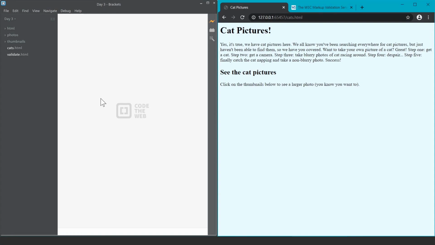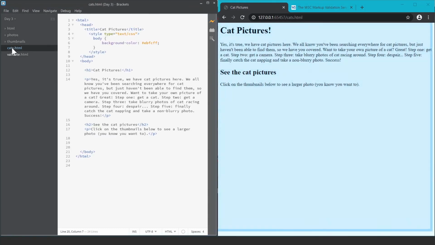Okay, so here we've got the day 3 files open right here. We're going to start out with cats HTML, but I want to go through the files that we've got going here. So if we look at cats HTML, let me double click on that so I can make it one of my working files. What we're going to be doing is taking some thumbnails of cat